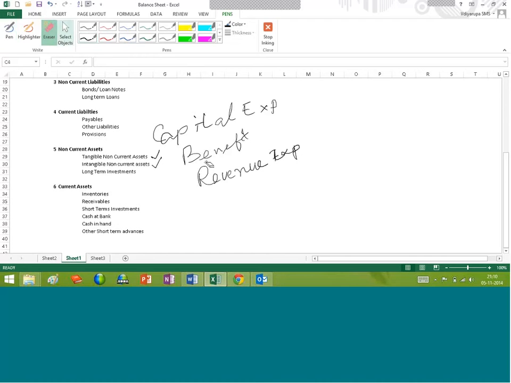The other important feature is the fact that an expenditure is something which needs to be brought to the statement of profit or loss at some point of time. It can be now, it can be later, but compulsorily, if we treat something as an expenditure, that must be recognized in the profit or loss account at some point of time. All the revenue expenditures are recognized in the statement of profit or loss immediately, because that is going to result in the revenue in a shorter span of time.